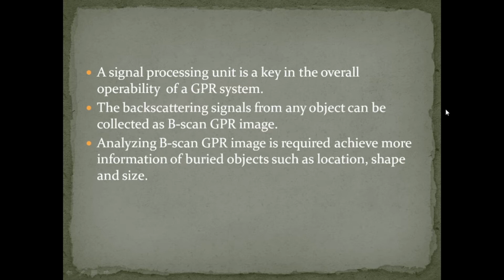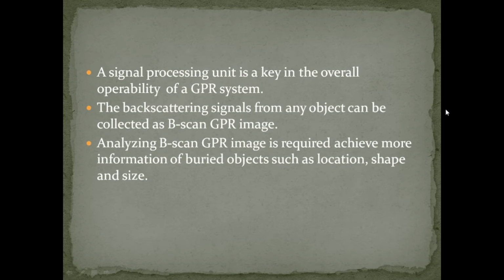So if you want to know what a B-scan image is, let me explain. GPR has been used for detecting mines or unexploded ordnance, water leakage, investigation of archaeological substances, etc. Depending on the application, different scanning schemes are used, namely A-scan, B-scan or C-scan images. A B-scan image consists of a combination of A-scan signals obtained from subsequent points.